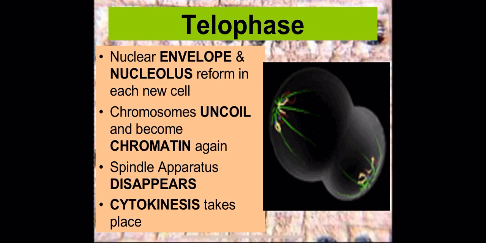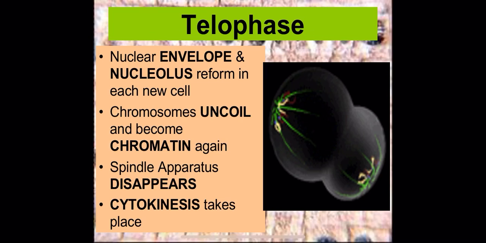Telophase is the reverse of prophase. So this is where all the things that you undid or created during prophase, you have to go back on that. Cells can't sustain themselves long term without their nucleus. So you're going to reform the nuclear membrane. You're going to take the chromosomes and you're going to uncondense them now back into chromatin form. Put it back in that loose kind of spaghetti-like form. And you're then going to have the spindle go away. Spindle apparatus falls apart. Those microtubules go back to their regular daily lives. And then cytokinesis takes place.